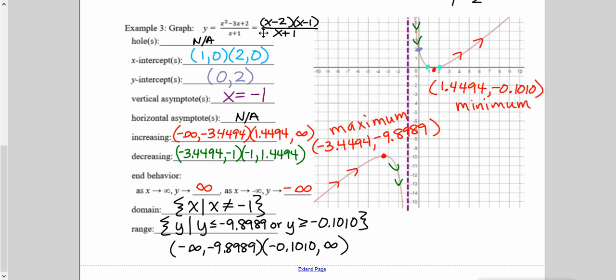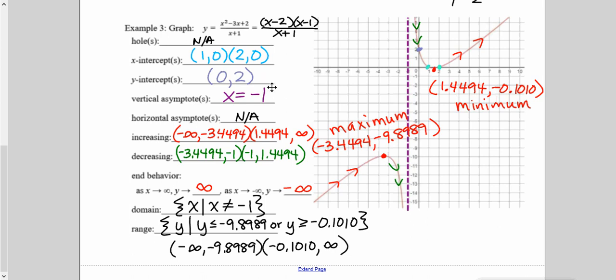All right, so I write the top in factored form here, and the bottom was x plus 1. So since nothing reduces from the top and bottom, there are no holes. The x-intercepts, or where the top of the fraction equals 0, I would have two of those, one from this and one from this. So I have x equals 1 and x equals 2. For the y-intercept, I plug in 0 for x. It's easy to do it in the original version here, and everything would wipe out except for this 2 over 1. So y equals 2 is the